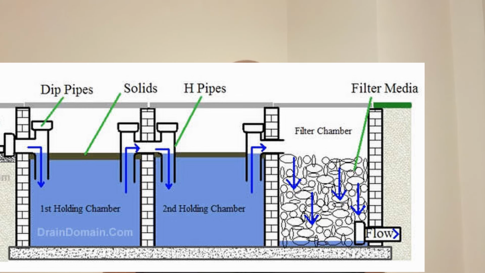This is especially important for larger homes, high-use households, or properties where repairs would be either difficult or very expensive much later on. A 3-chamber tank is also better suited to poor soil conditions and areas with higher groundwater levels. Okay, the main downside is cost. A 3-chamber system costs more upfront and needs to be built properly with correct levels, baffles, and access covers. But when designed and constructed correctly, it offers